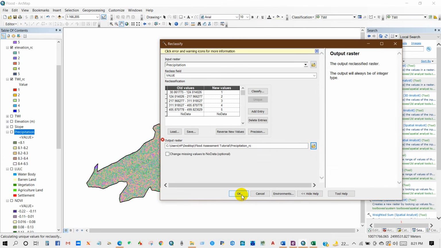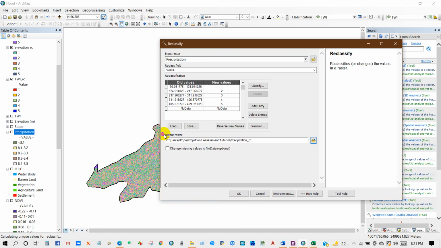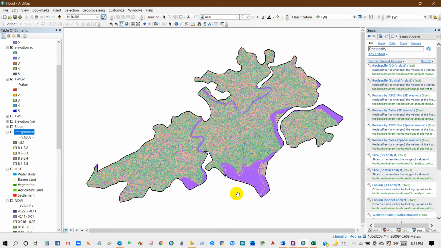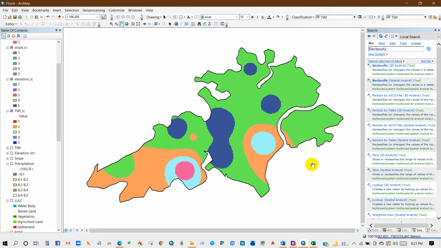Here's a problem: output raster, the length of the grid name maybe is too long. So I'm going to decrease this, and then I think it will be okay. Yeah, okay, then OK. So precipitation reclassification has been done,